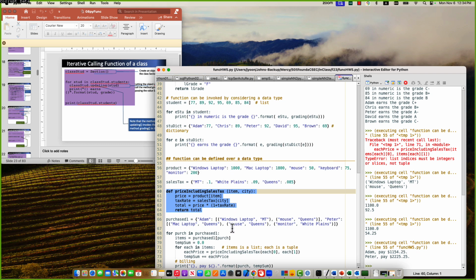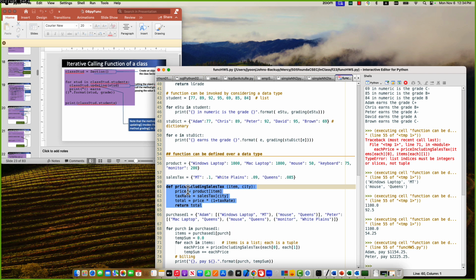And then one more time, we invoke this function with the data in the dictionary, where the key and value in list. But in this value list, there is a number of tuples. Tuples, usually two elements, item and city, item and city. Okay, so this is,